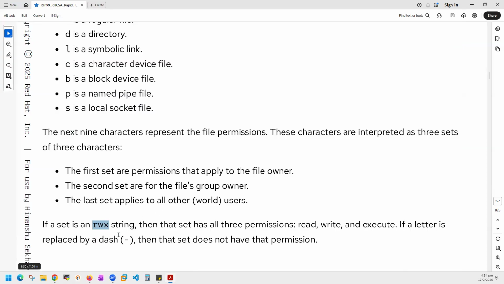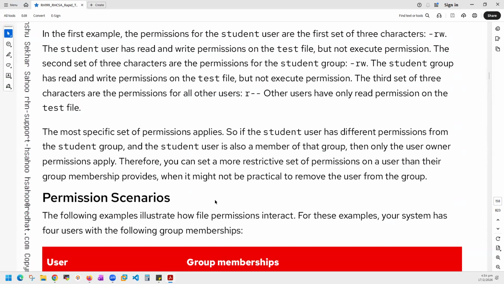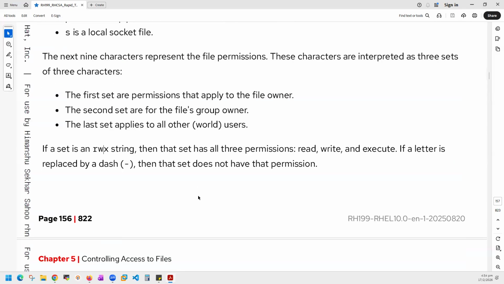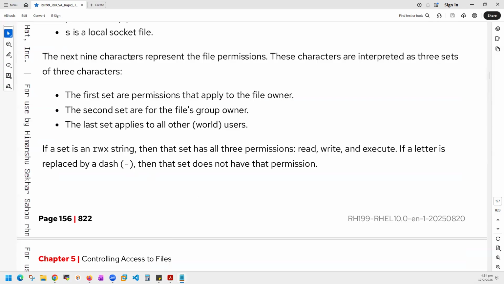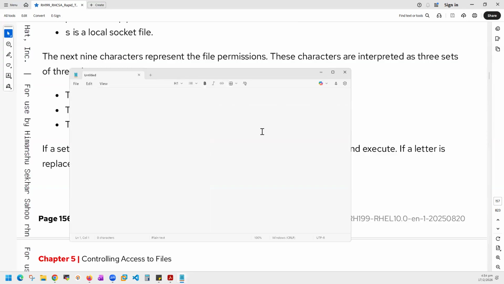Now if you look at the permissions, you can change the permissions in whatever way you want. Generally, I will open up Notepad. So if you look at these permissions, here you have permissions. Now generally what happens here is